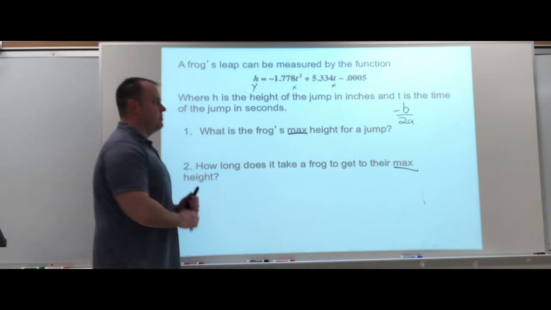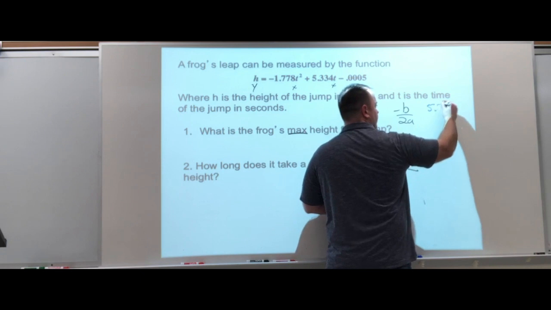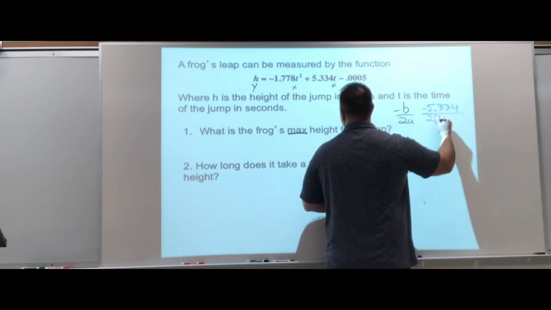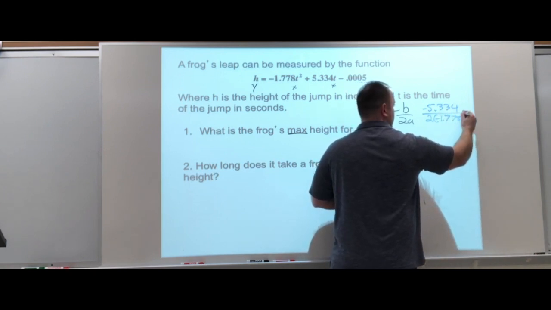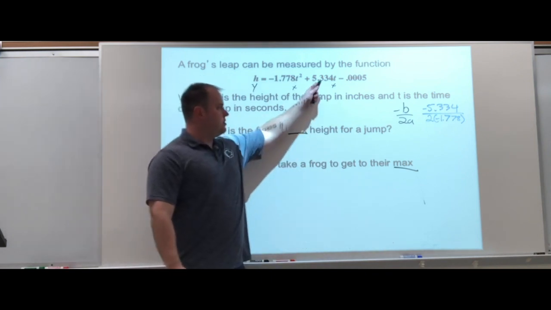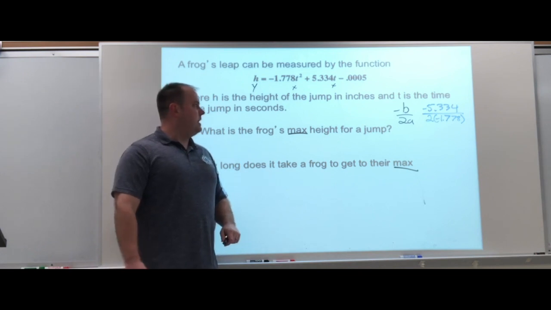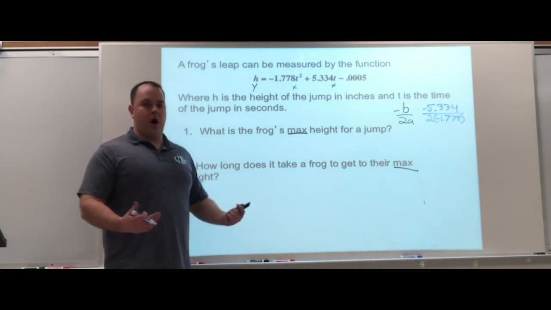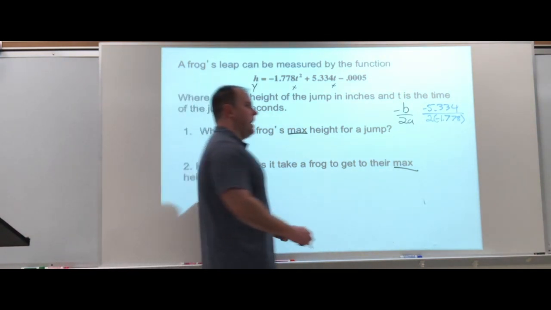So I have negative b over 2a. Just take your time when you're plugging in. Okay. So you have negative 5.334, which is our b, over 2 times negative 1.778, and this is our t value, or our x in this case, and we should get 1.5